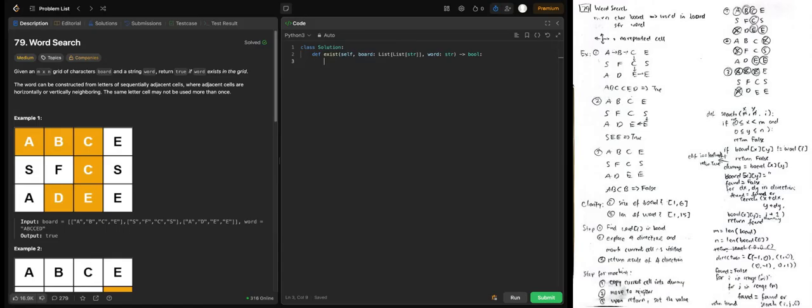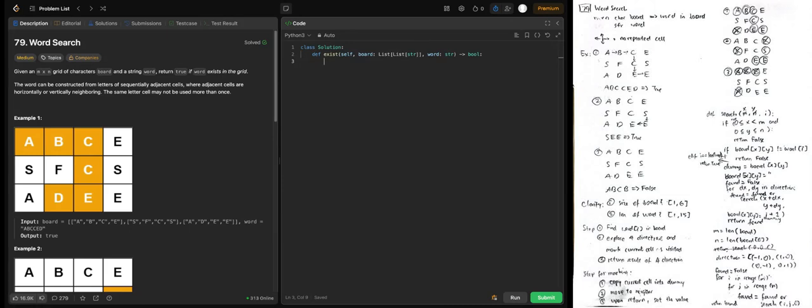Actually, we need to explore all the cells. Other than that, we need the direction. So let me define the direction as, let's see, left, minus 1 0, 1 0, 0 minus 1, 0 1. Okay,